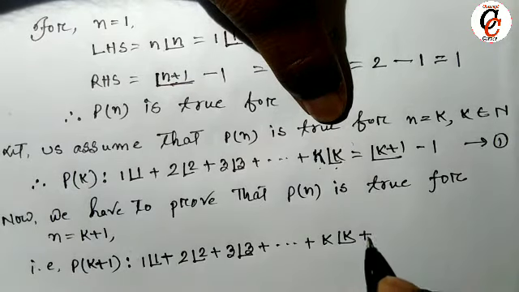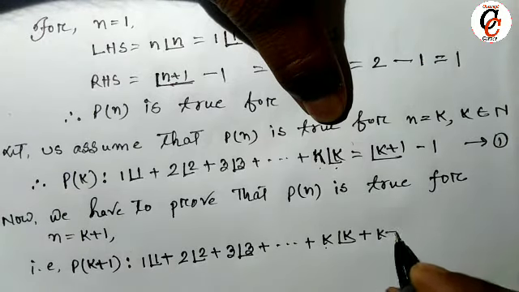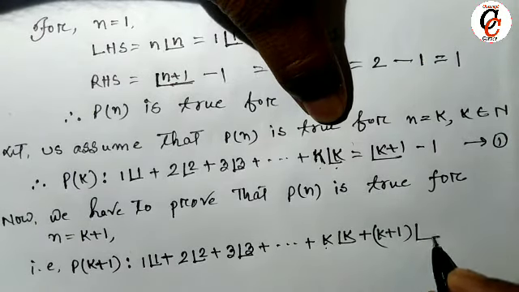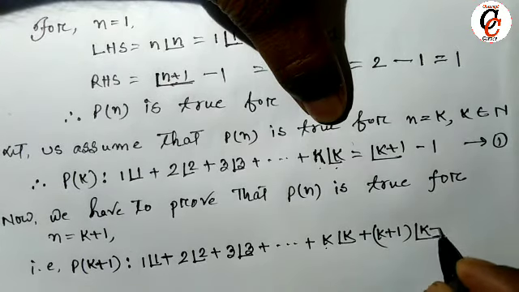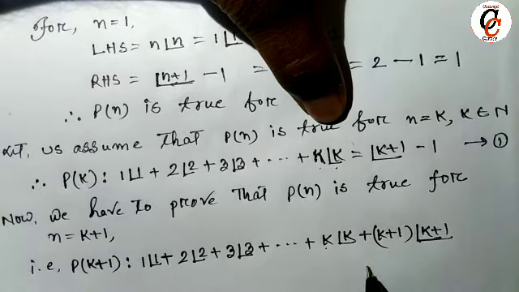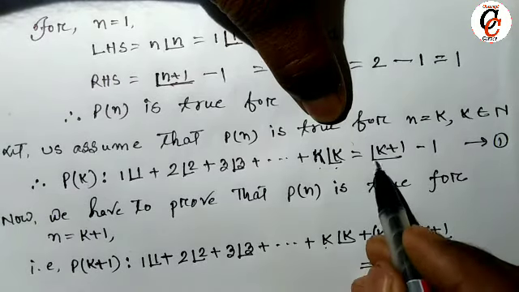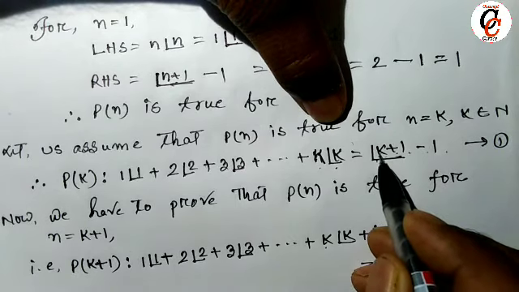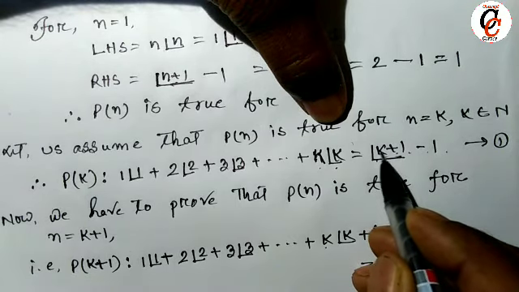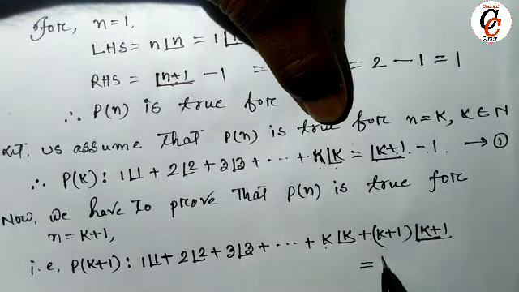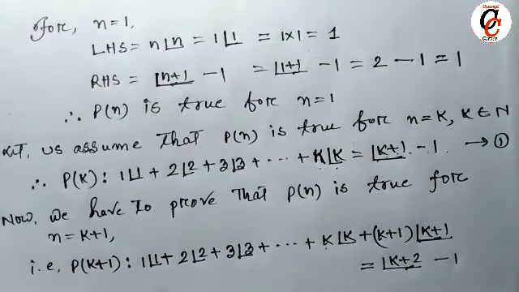In the next term, since it is the k plus 1 term, one more term will come. K will be replaced by k plus 1, and factorial in place of k we have to write k plus 1. On the right side, k plus 1 minus 1: when k is replaced by k plus 1 and one more plus is there, it becomes k plus 2 minus 1. That means we have to prove that 1 into 1 factorial plus 2 into 2 factorial up to k plus 1 into factorial k plus 1 is equal to k plus 2 factorial minus 1.